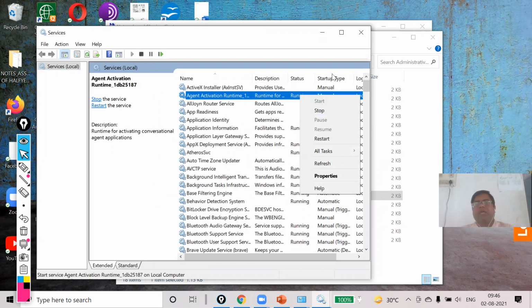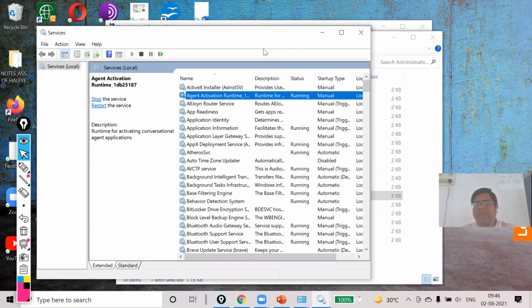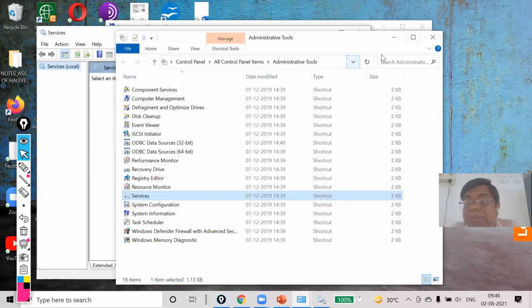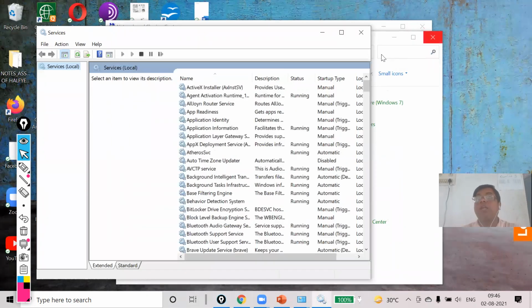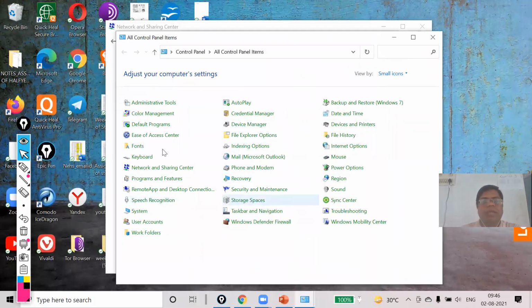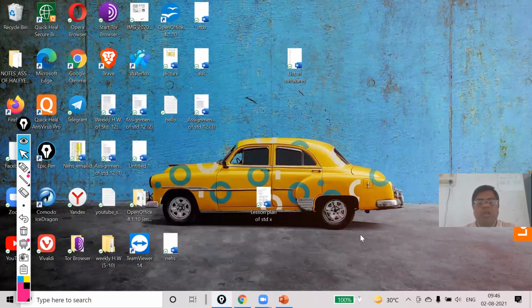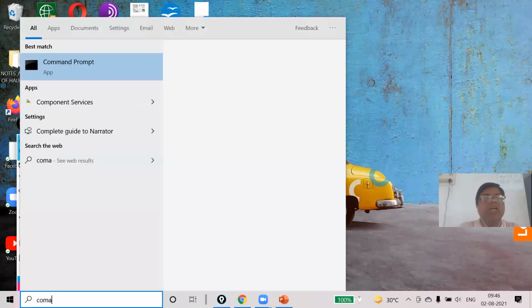Now, I have already discussed all the problems that you will face and how you can get more space or make your PC fast, my dear. Now students, the next part is related to our networking part. First of all, you have to check whether my IP is okay or not. For that, first of all, I will go to the command prompt.